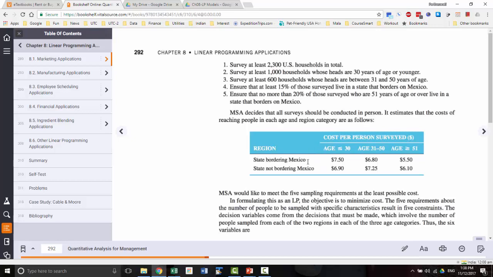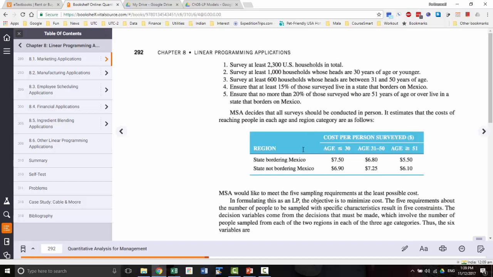So now we are dividing it into region, state bordering Mexico, state not bordering Mexico, and then three different demographic age groups. So we want to make sure that we meet all of these criteria and at the same time minimize